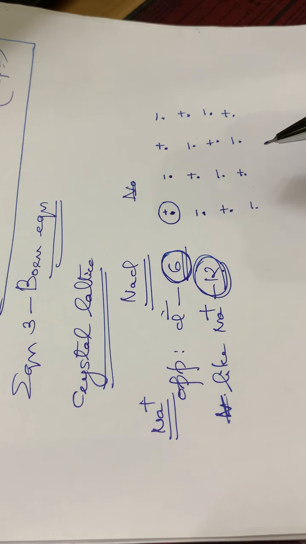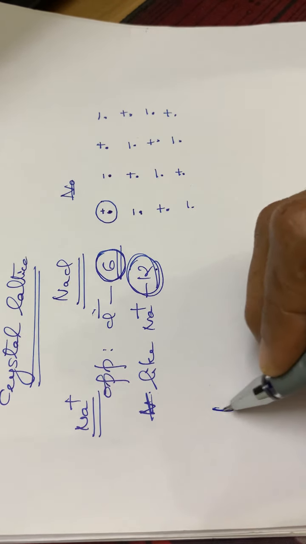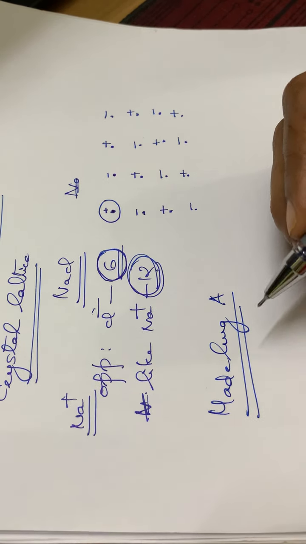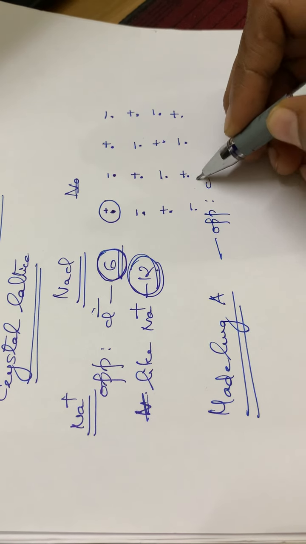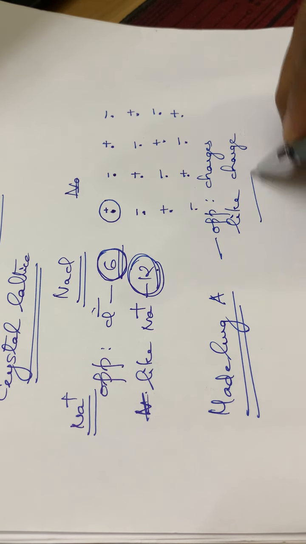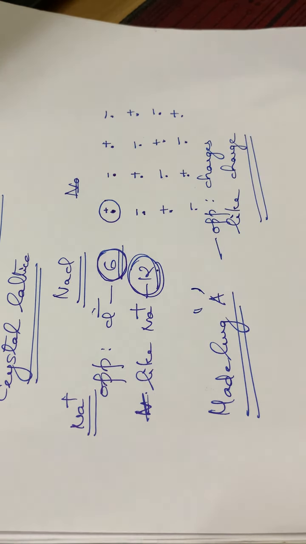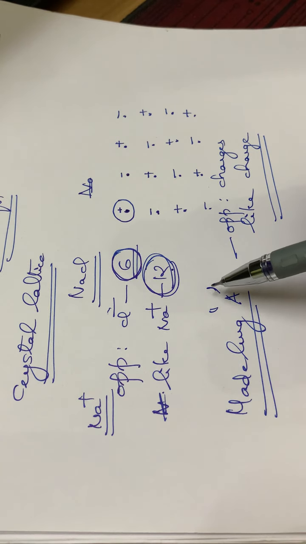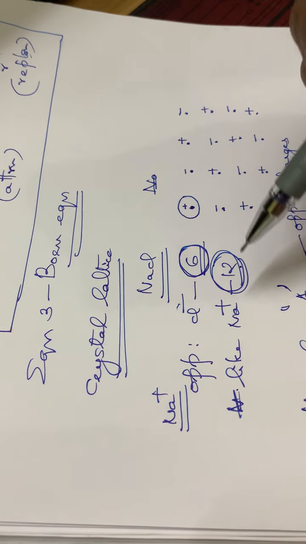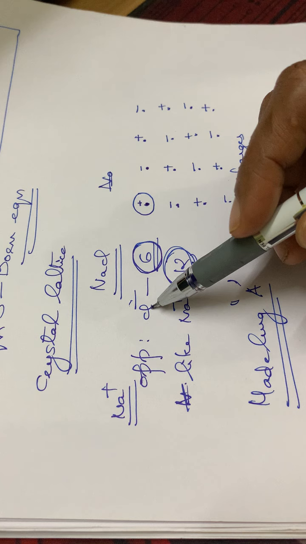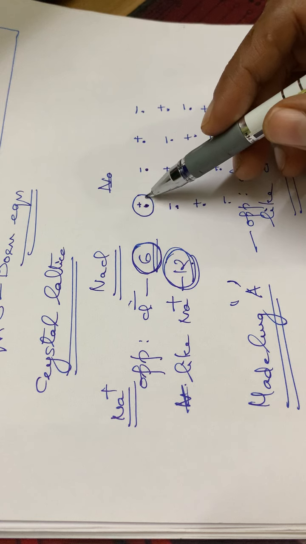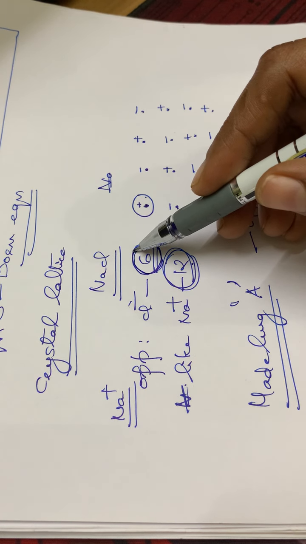That is why another constant came into being, that is called the Madelung constant. In this Madelung constant, the other interactions from the opposite charges as well as the like charges are also taken into account. And this Madelung constant is denoted by A. So here you have to remember this Born equation failed at this point. That means it does not consider the neighboring oppositely charged ions or the next neighboring like charged ions. Okay. So for Na plus, it has got 6 Cl minus ions surrounding it.